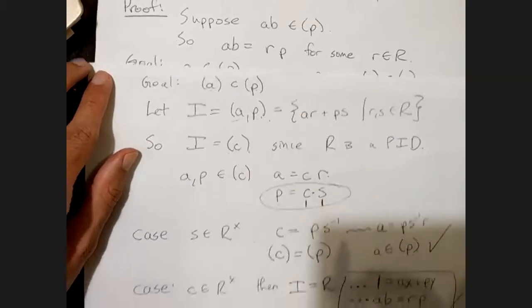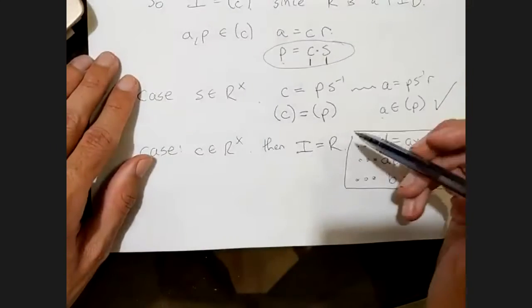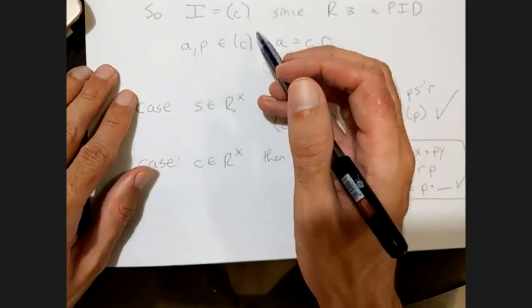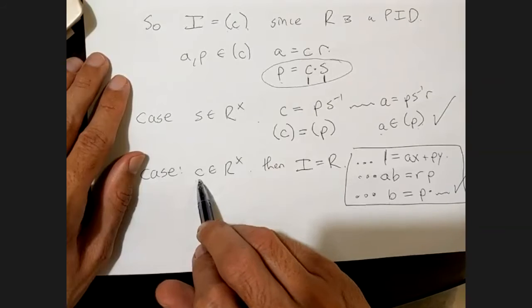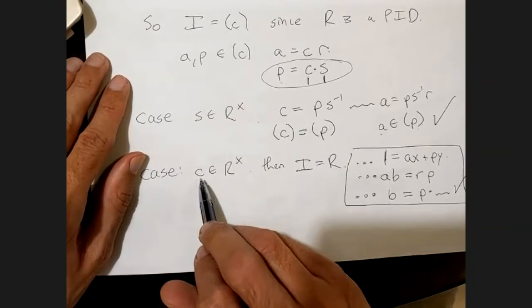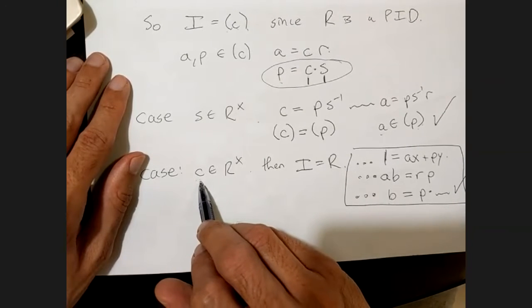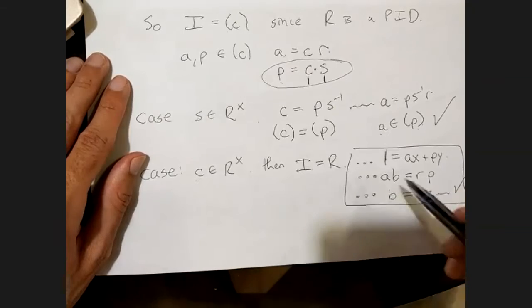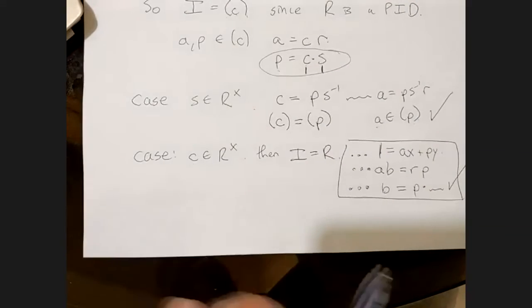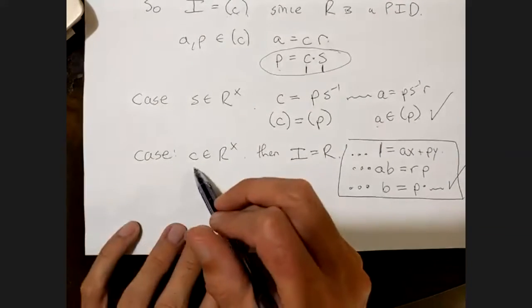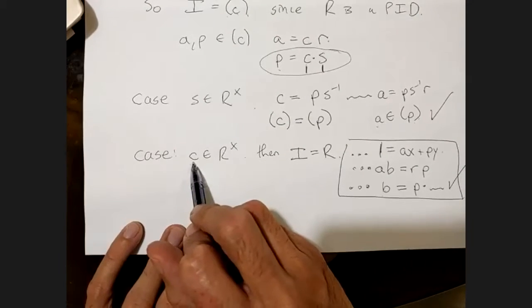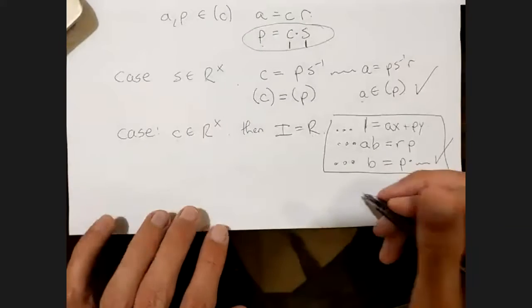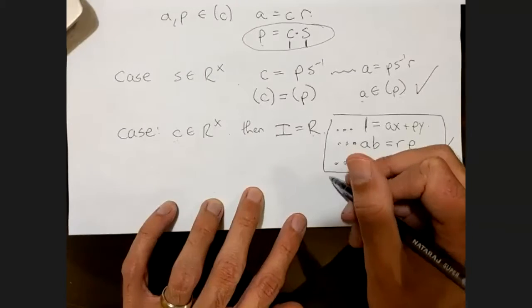Now we're looking at the other case, which comes from when the ideal generated by A and P is generated by a unit. And any ideal generated by a unit is equal to the entire ring. Let's remind ourselves, if we have a unit, the ideal generated by a unit is equal to the entire ring. Why is that? Since C is a unit,